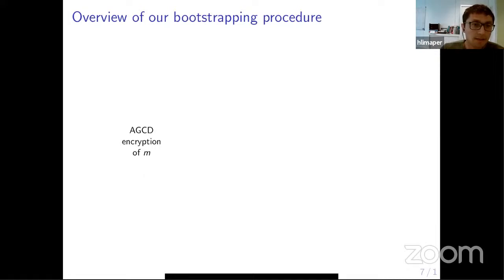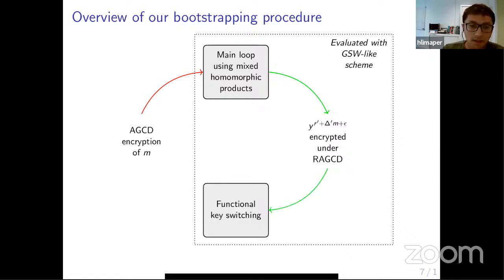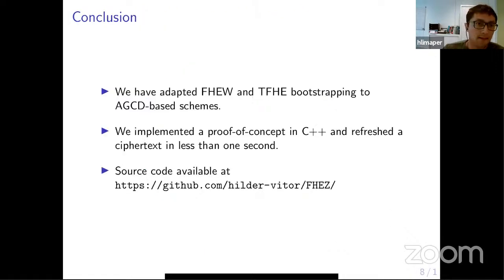So when we put all this together, what we have is this bootstrapping. We start with an HGCD encryption of M with large noise. We use the mixed homomorphic product of the GSW scheme, and then we produce a GSW encryption of a power of Y that depends on M. And this is the step that reduces the noise. And then we use the functional key switching to change the format and get back an encryption of M under the HGCD problem. So in this paper, we have adapted the bootstrapping from FHEW and TFHE to FHE over